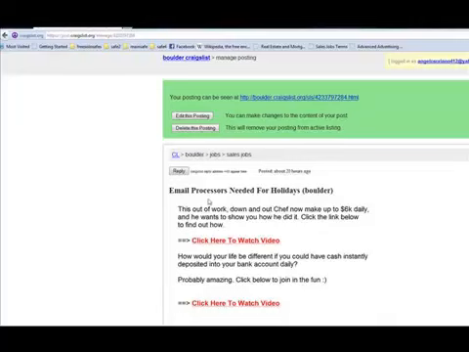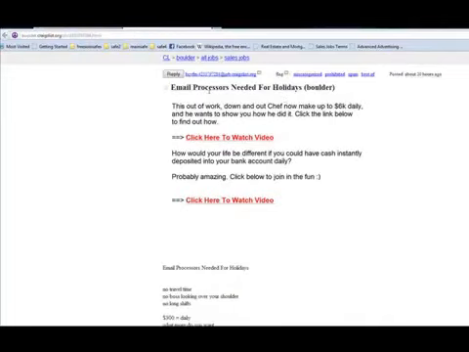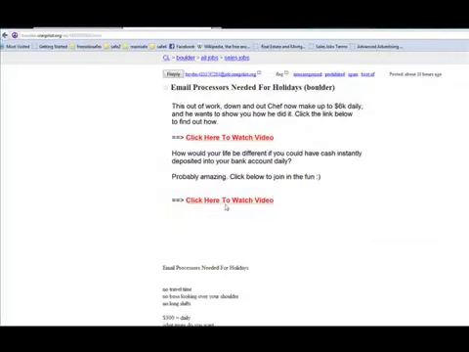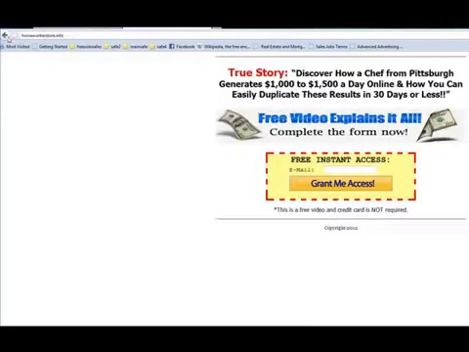So something like this, you'll be able to get this to show up in the jobs offered sales job section. And if we click here, it's email processors need for the holidays. This was last night. So if we look down here, it's right here, our ad showing up. Okay, and again, you can't click on this. You can't do a clickable image anymore in the free ads. You can still do it in the paid ads, but not in the free ads. So you still have to put your link down below here, okay, which goes to our